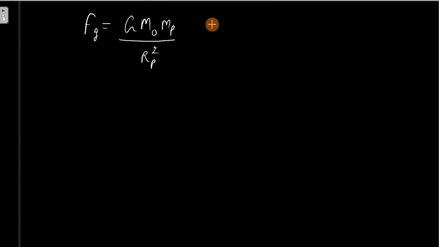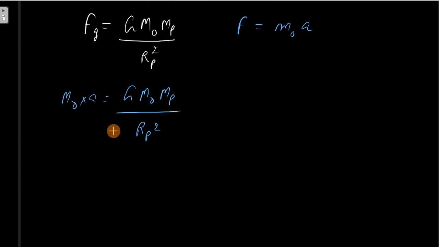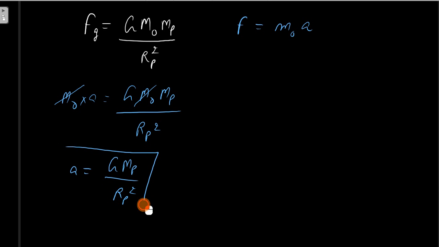So this is the formula for the force of gravitation when the object is under free fall. Also we have studied that force is mass of object into acceleration. If I compare these two formulas, we get mass of object into acceleration is equal to G mass of object, mass of planet by radius of planet square. The mass of object cancels and we get acceleration is equal to G mass of planet by radius of planet square. If someone asks on what factors the acceleration due to gravity depends, this acceleration will become g because we are talking about gravitation.